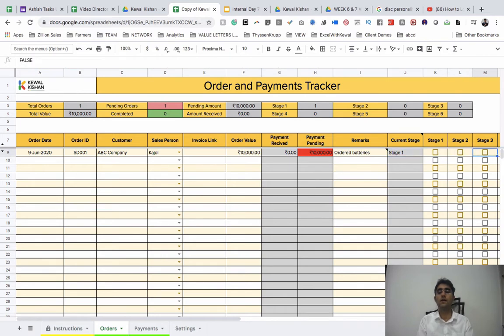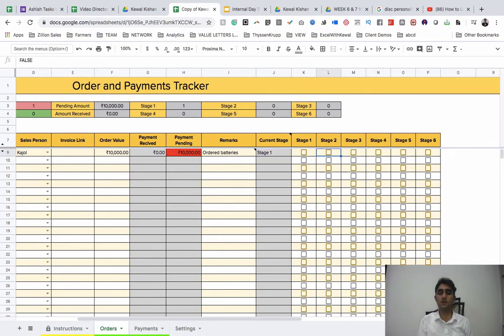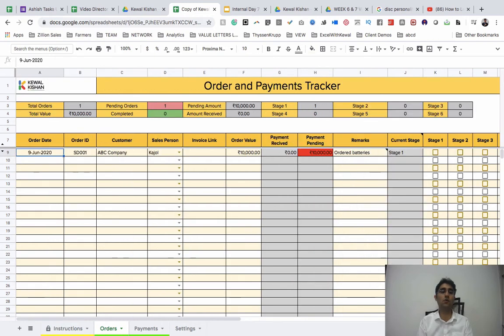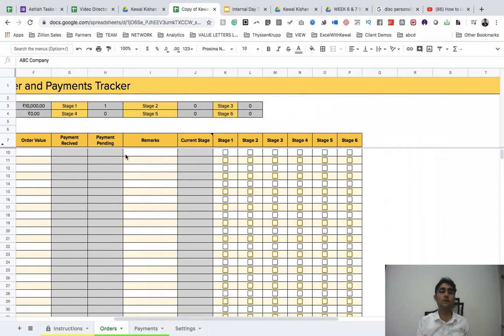Now, this is where you can set the stages. For example, if we are talking about fulfilling the order of ABC company, and in your company you've defined the entire operations in 6 stages: stage 1, stage 2, stage 3, stage 4, stage 5, stage 6. And you think, okay, I want to rename these stages. For example, first of all, I want to create procurement as an example. This is first.